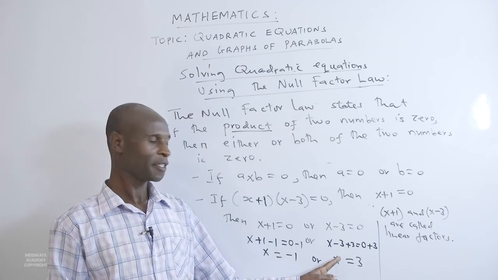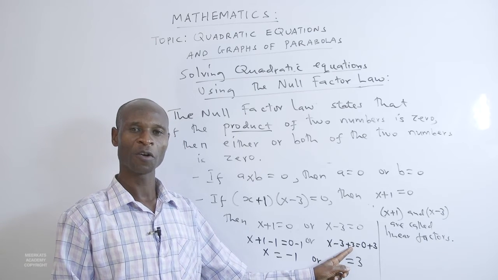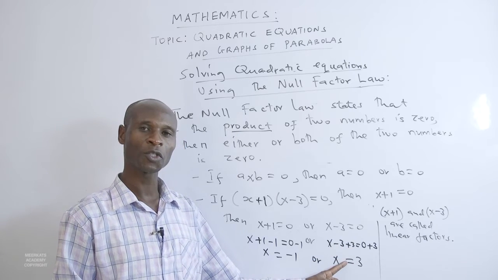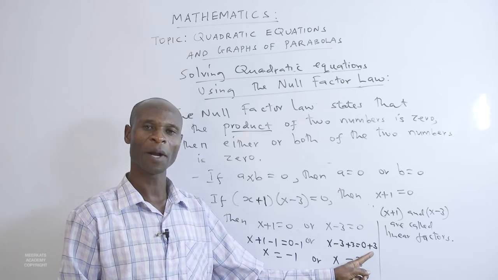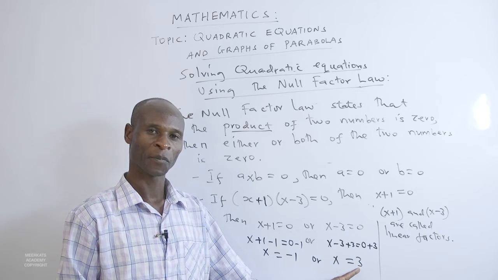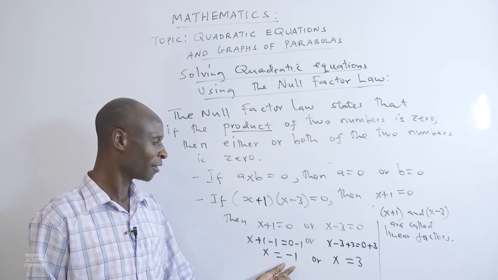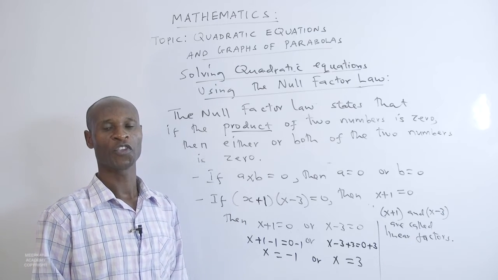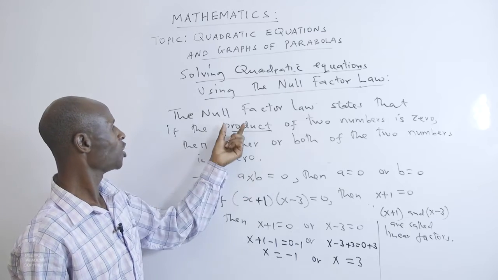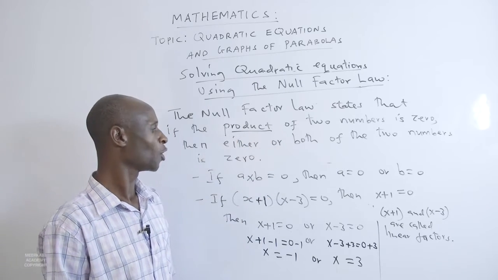on the left-hand side, minus 3 plus 3 is 0, so we remain with x is equal to, on the right-hand side, we have 0 plus 3, which is 3. And therefore, the solution will be x is equal to negative 1, or x is equal to 3. That's how we can use the null factor law to solve